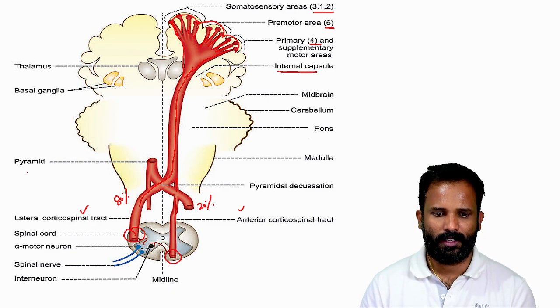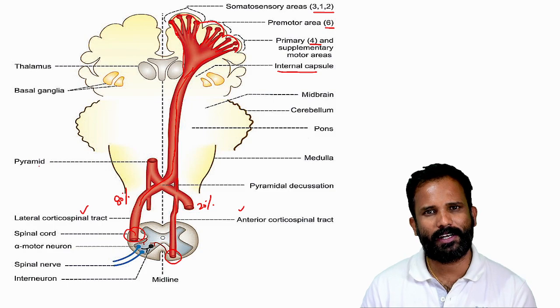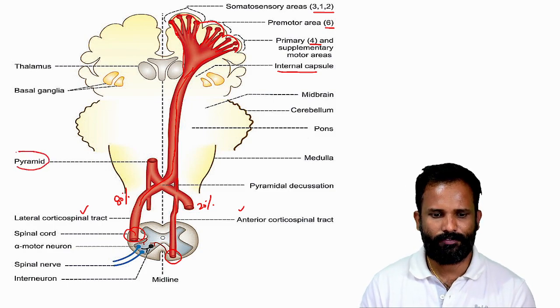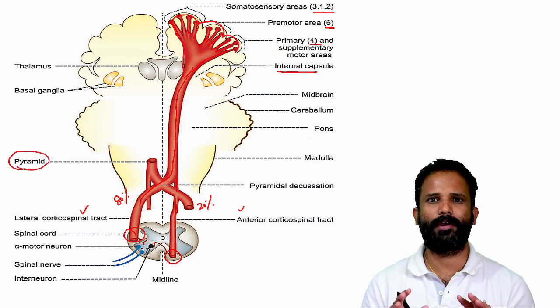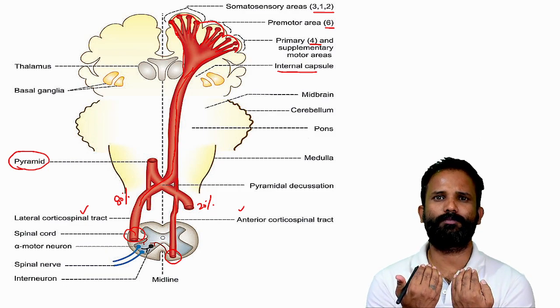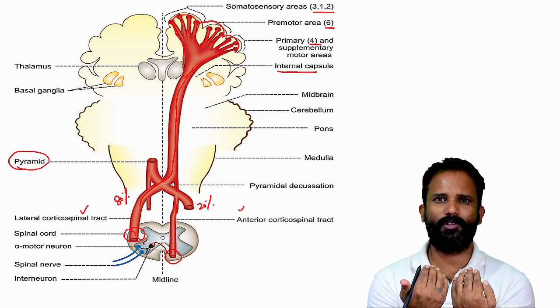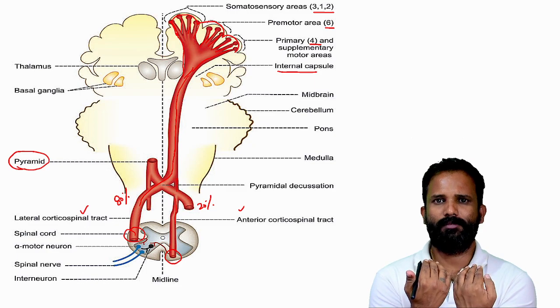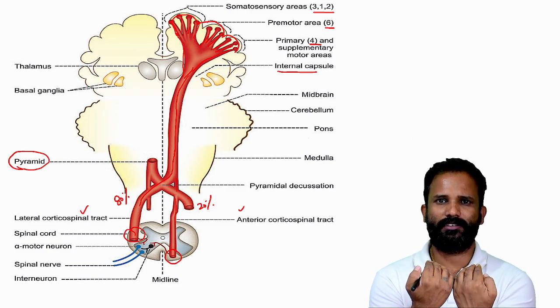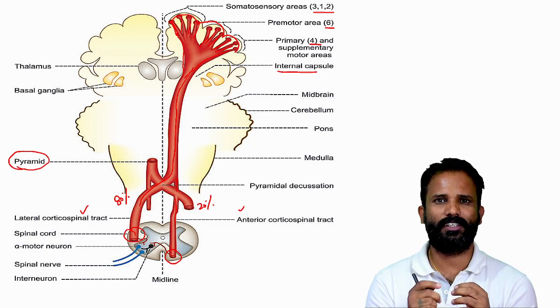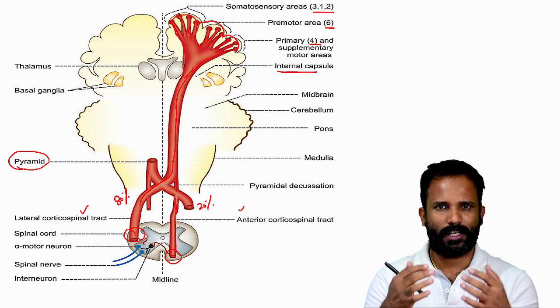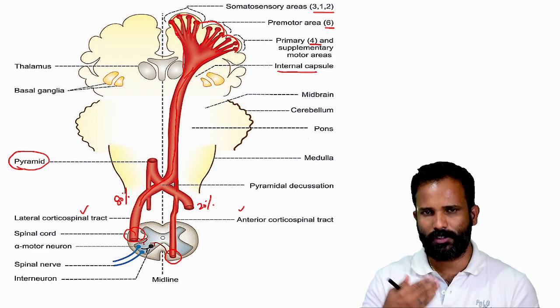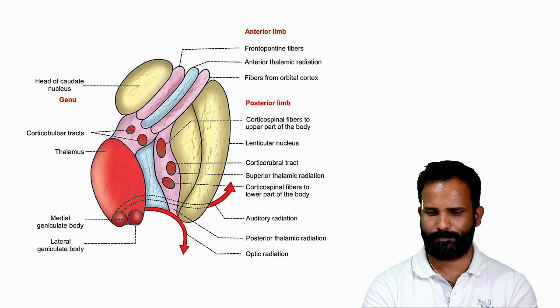And this is also called the pyramidal tract because they form medullary pyramids in the medulla. Pyramids are nothing but projections. They travel anteriormost, so the medulla forms a projection-like structure called a pyramid. So that's why they are called pyramidal tracts, as they are moving through the medullary pyramids.